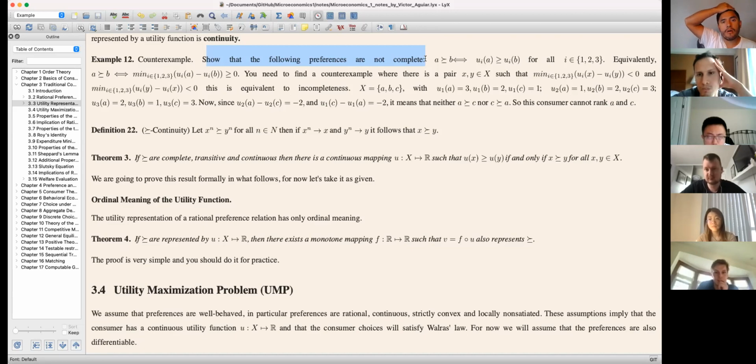I don't see any other way to prove it. So basically, the reasonable way would be to do a counterexample. Okay. So you're suggesting starting by proposing A and B such that the preference relation is not complete. Then I prove that the second part of the proposition does not hold, that is, the utility of A is not greater than or equal to the utility of B for all the